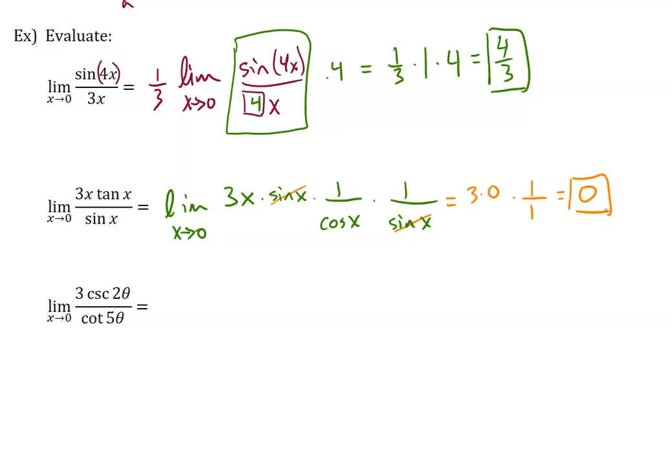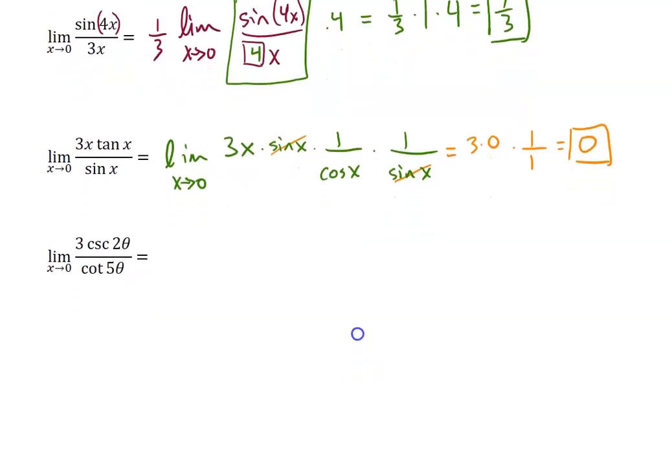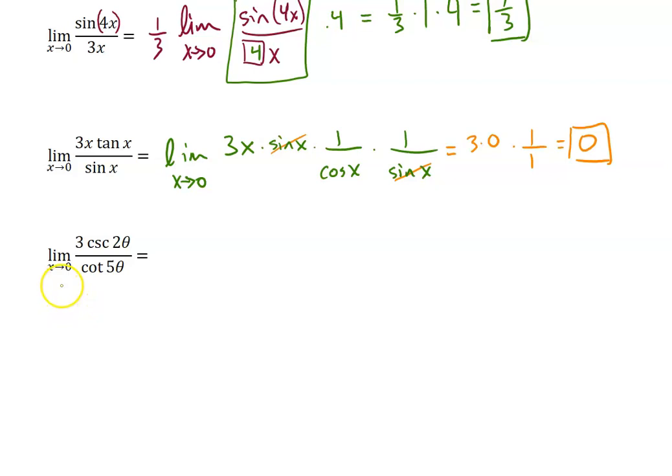Okay? For this last one, this one's a little more complicated. I'm going to plug in 0 first, but it's not going to work. So I'm going to write everything in terms of sine and cosine, and I'm going to spread out all of the factors, okay? So I'm going to write this as the limit as, oh, this should be a theta, typo, okay. Limit as